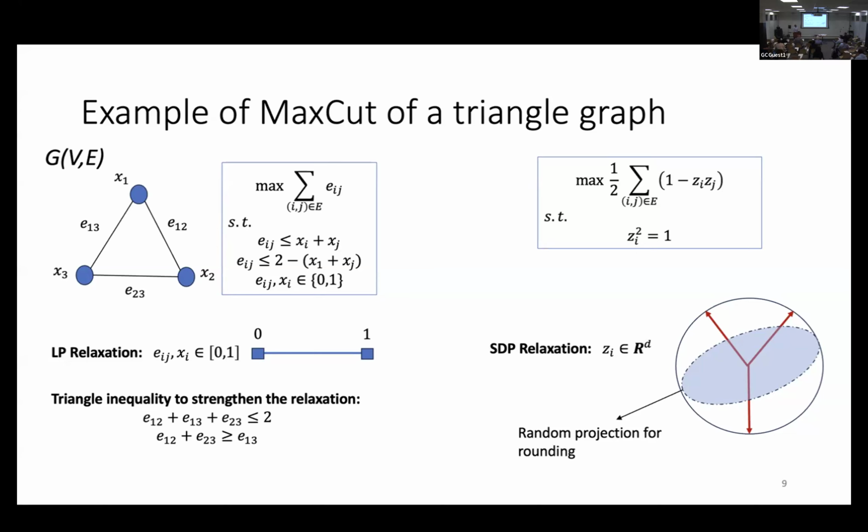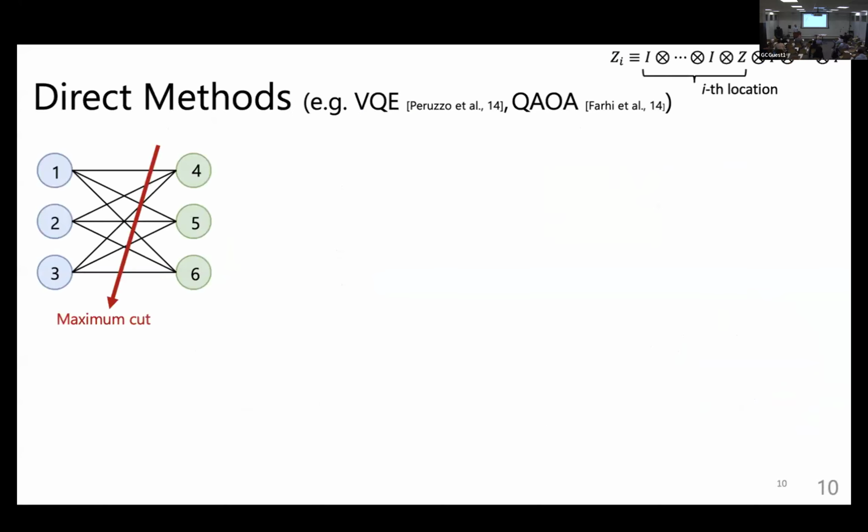And we got the exact solution, which is 2, right? Okay,